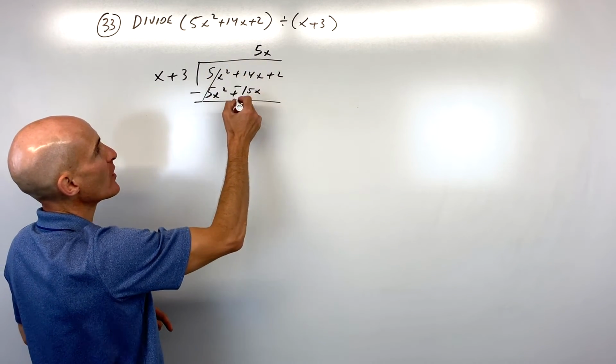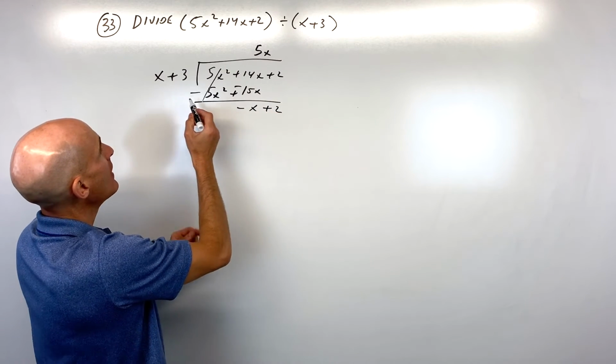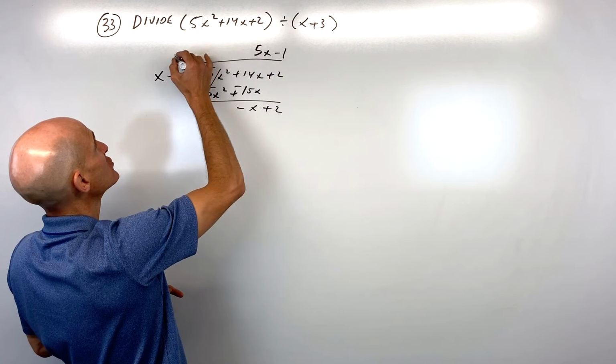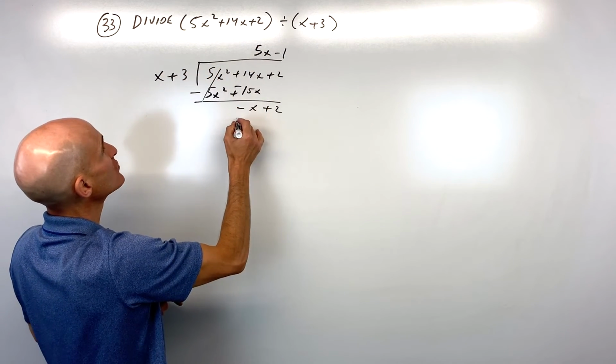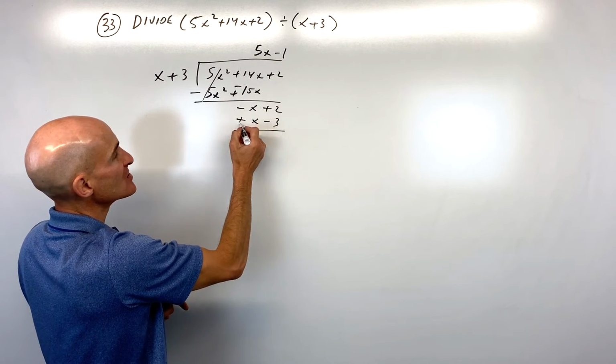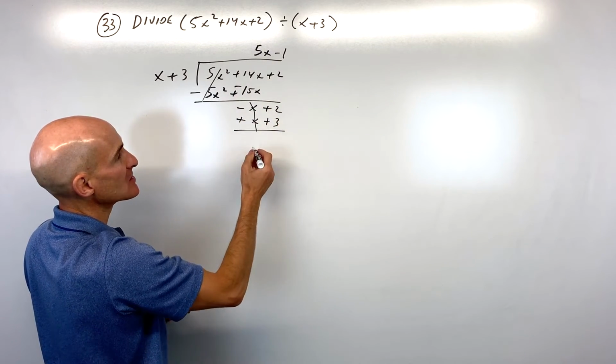So that's a little bit easier way. You get negative x plus 2. How many times is x going to negative x? Negative 1 times. When we distribute that negative 1 to both of these terms, we get negative x minus 3. And then when you subtract, you can change the signs to the opposite and add, because subtraction is like adding